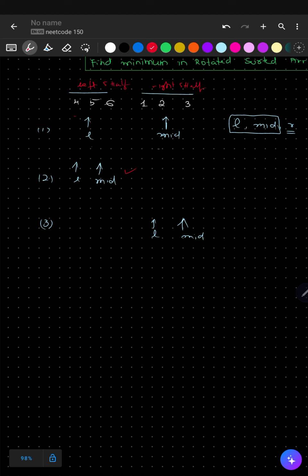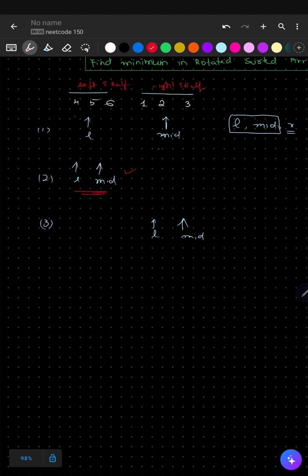Now we know for a fact that the mid index is always going to be greater than the left index, that is, the mid is going to be at the right side of the left. Now if the left is somewhere in this half, and mid is also somewhere in this half,